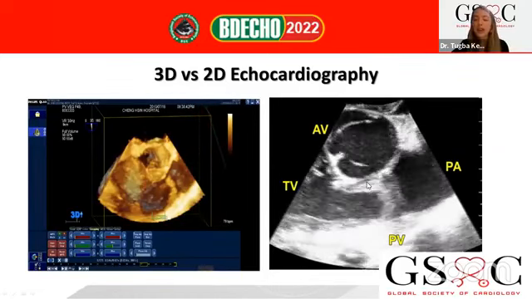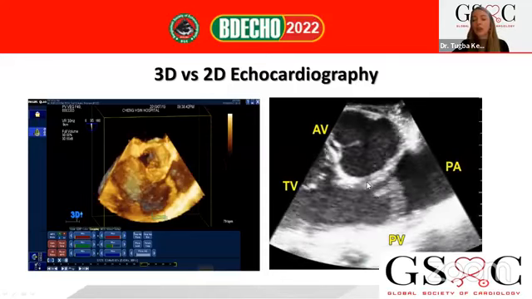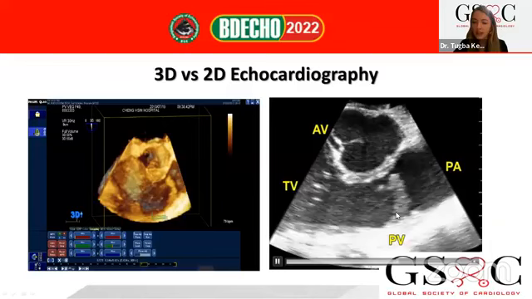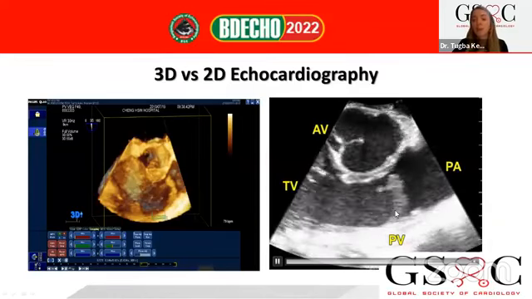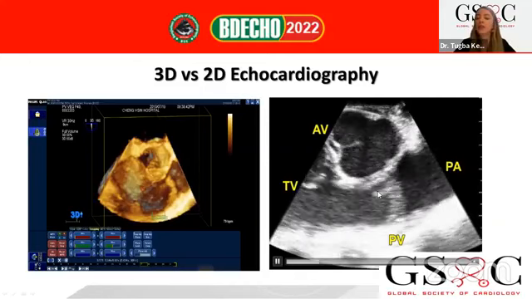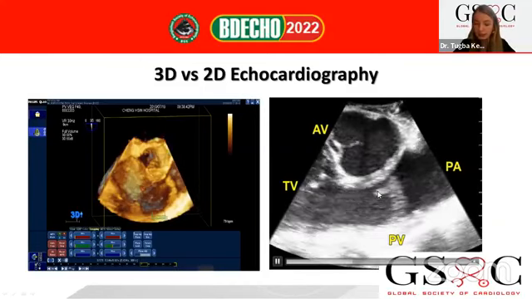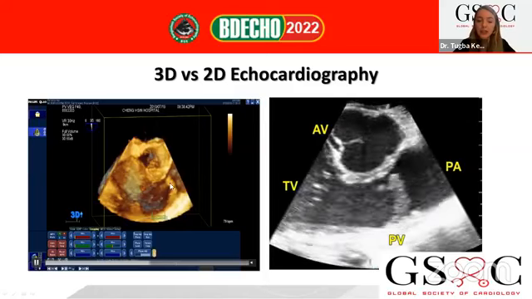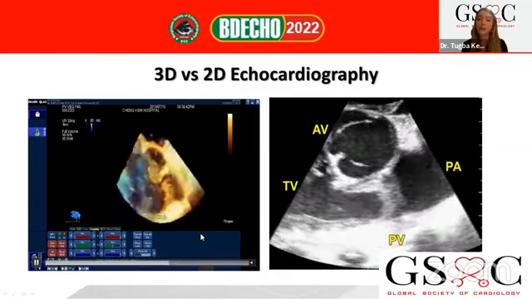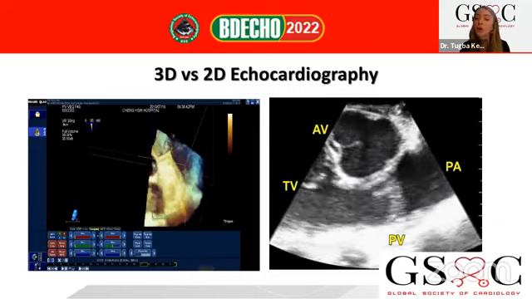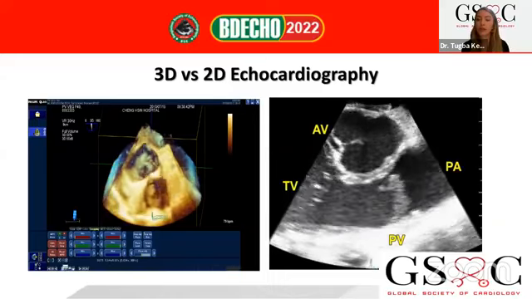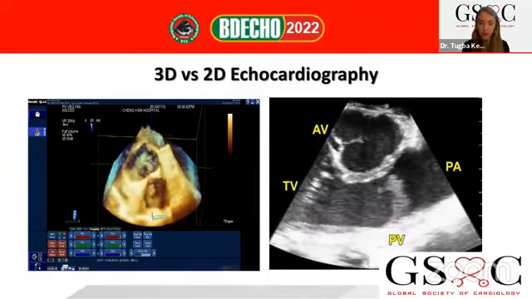views. On the right side, again, I want to show you an interesting case. In this case, I see just thick leaflets, and I can't understand the leaflet morphology, and I can see an en face view, and there is something in the face of the leaflets. But please follow the left side, how we crop the image, and you can see horseshoe-shaped pulmonary leaflets here because of infective endocarditis destruction of the leaflets.